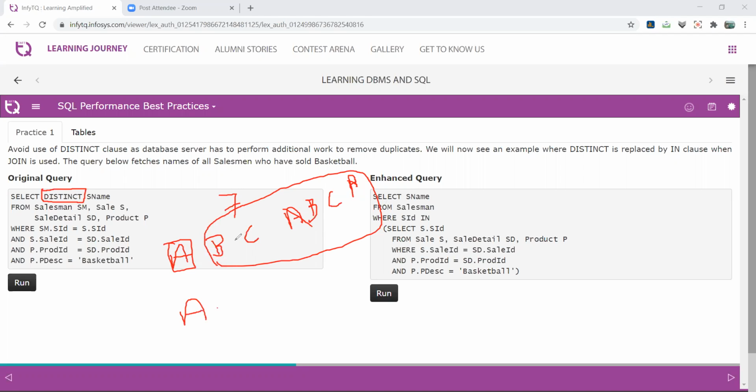Now we take care of B. Again, B is searched everywhere, and B is settled, right? Now we check C. Again, C is settled. So every time we have performed some comparisons, right? It takes additional time. Is that clear?